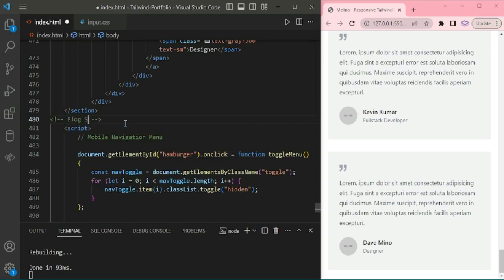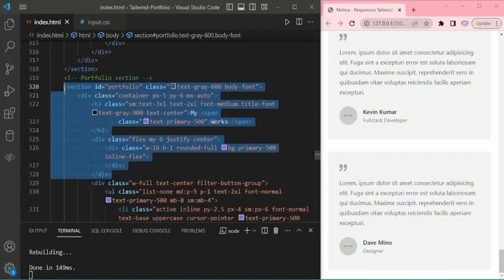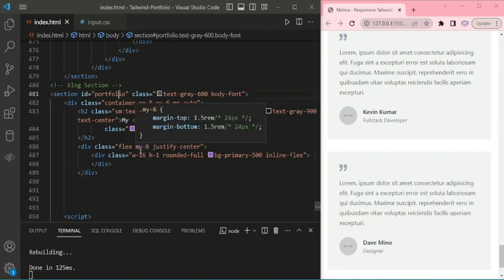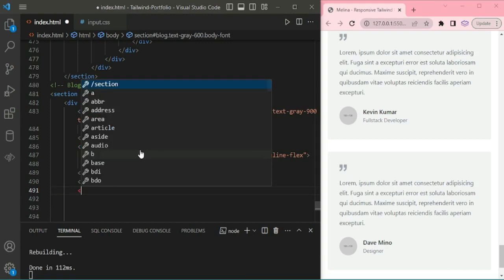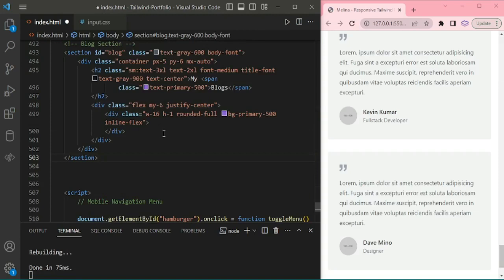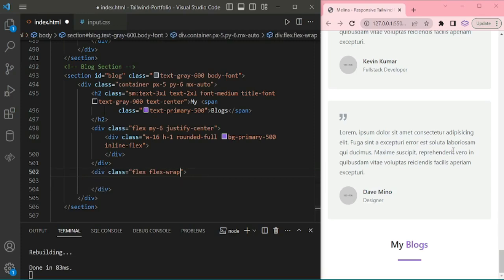And the next section is the blog section. Here I copied and pasted the header one, changing to blog, and the header to my blogs. Here I am adding 3 cards. I mean, start to add the cards. Flex wrap,